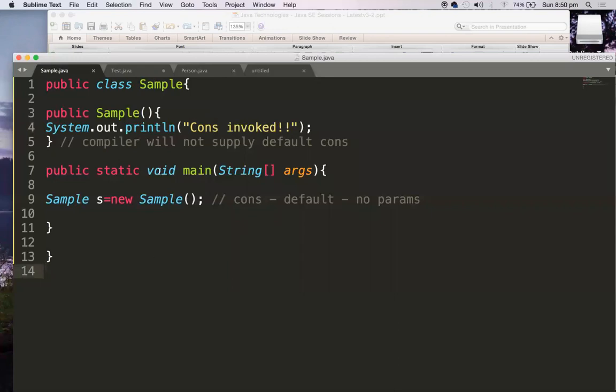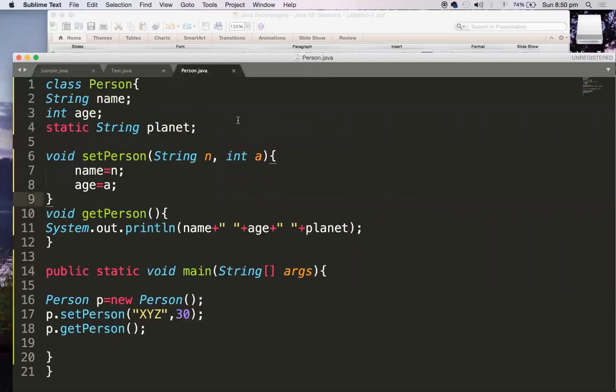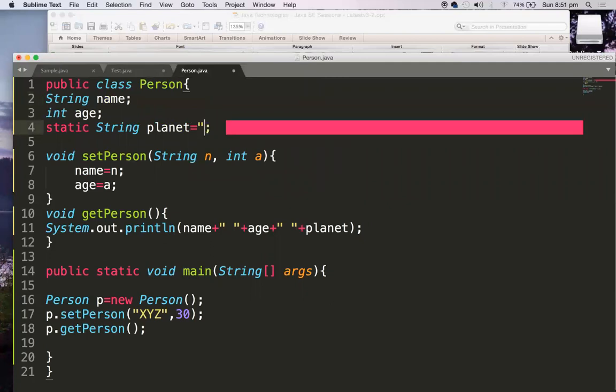In order to do that, let me go to the other program which was written already, our favorite Person.java. Here the class Person can now be made public, there is no problem. Otherwise we can leave it; when we leave it like this, it's unspecified. That's up to you whether to make it public or not. So this person has a name, some age, and a planet. That means this is a static value, the planet a person lives on. So it's Earth.